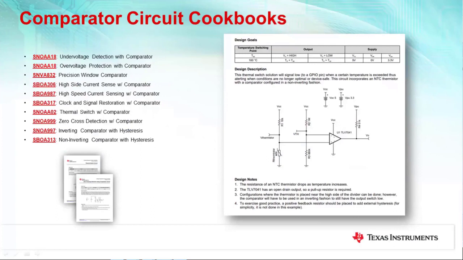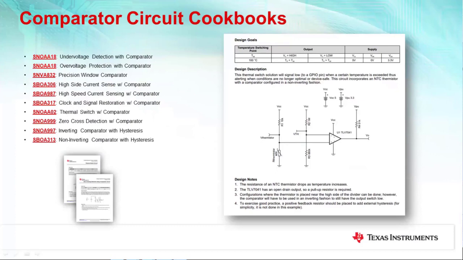So the understanding here, what we're going for, right? Our goal is to give you all a quick design guide, very short. Each circuit cookbook is about 3 pages or less. Sometimes we include simulation screenshots, and that adds some space in there. But the meat of it is 3 pages or less, so much shorter than a typical app brief. And our goal here is to just show you a quick solution with one of our parts and what design notes to be wary of when you're trying to design something like this.